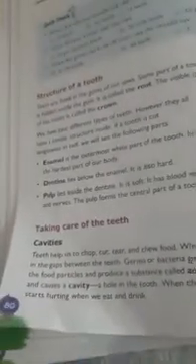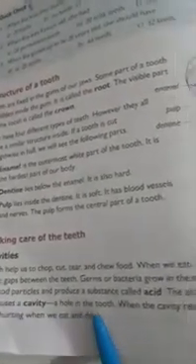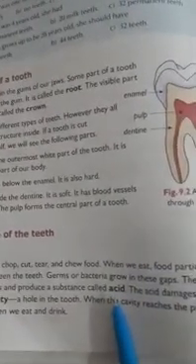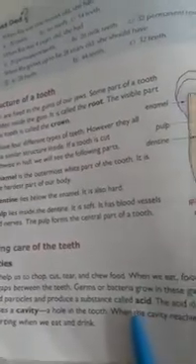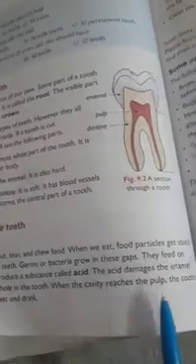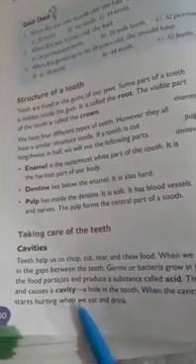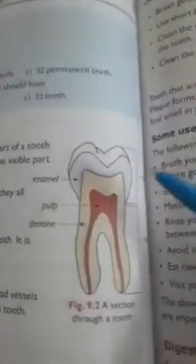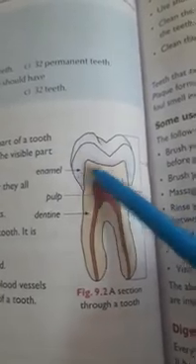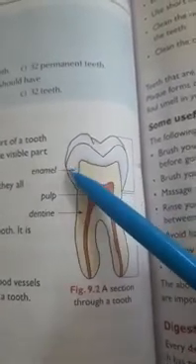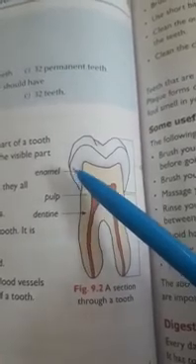They feed on the food particles and produce a substance called acid. See, this leftover stuck food, when germs and bacteria attack it, makes acid. The acid damages the enamel and causes a cavity. So the stuck food creates acid which can harm our enamel. When the acid starts to affect the enamel, it gets cavities.